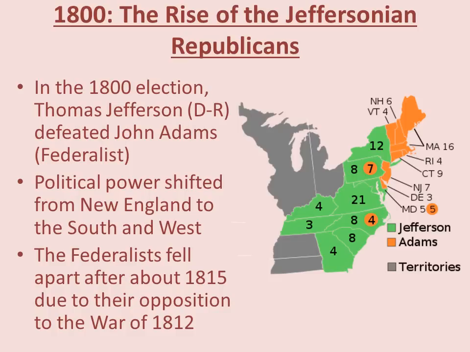The political culture of the country was so dominated by the Democratic Republicans, in fact, that in 1820, James Monroe ran for re-election with no major opponent, and he's the only person other than George Washington to run for president unopposed. But this dominance of the Democratic Republicans would not last